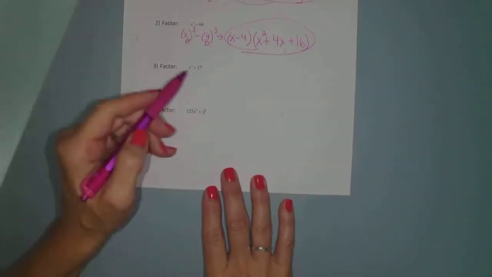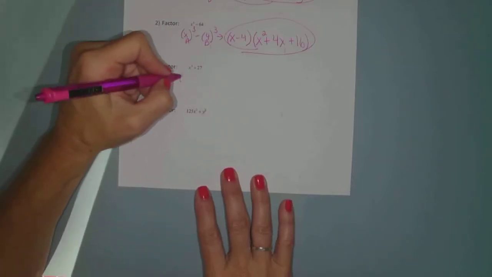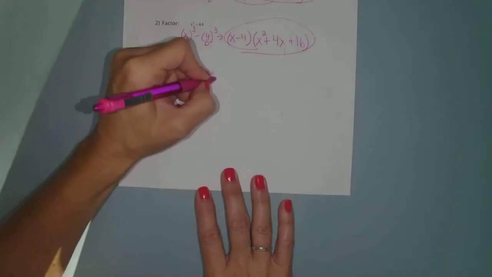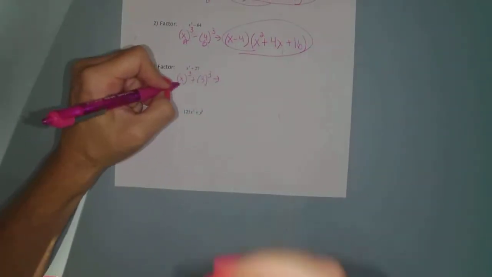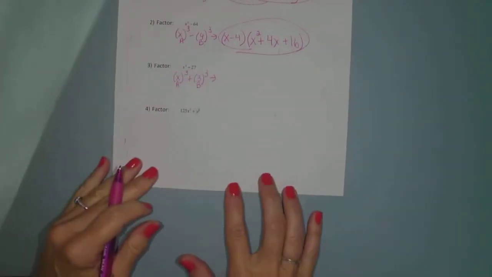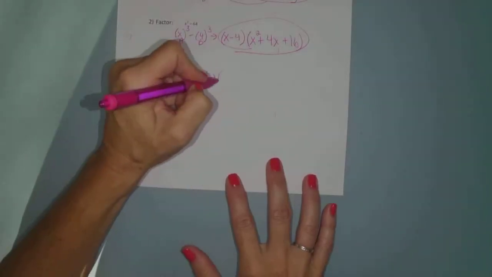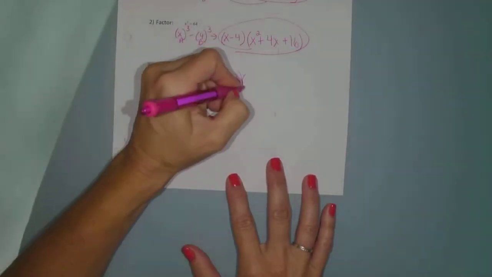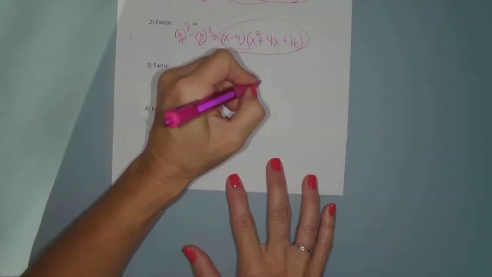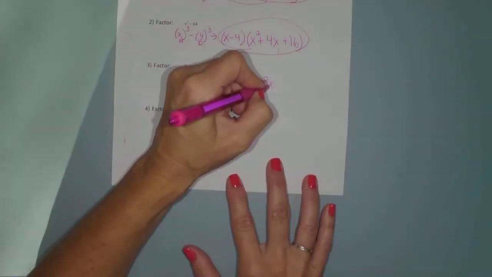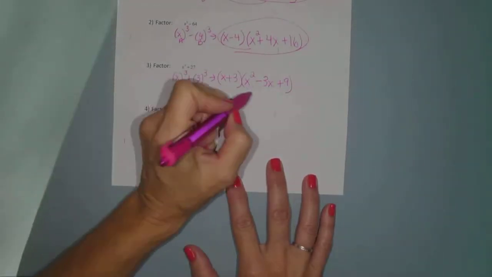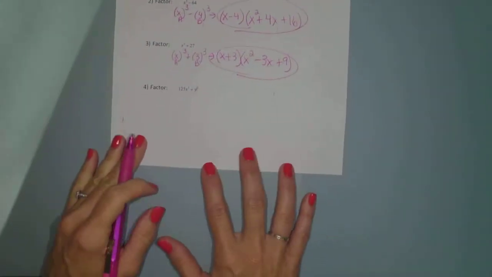Take a look at number 3, x cubed plus 27. So now I'm going to use the second formula, the sum of two cubes. I can write it as x cubed plus 3 cubed. So here is my a and my b. So the factored version would simply be a plus b times a squared minus a times b plus b squared, which would be 9. And last but not least,